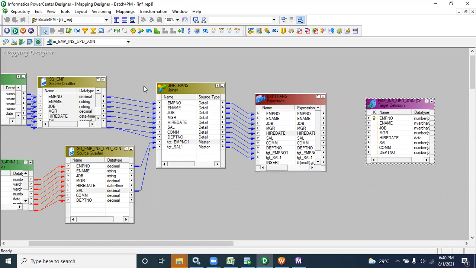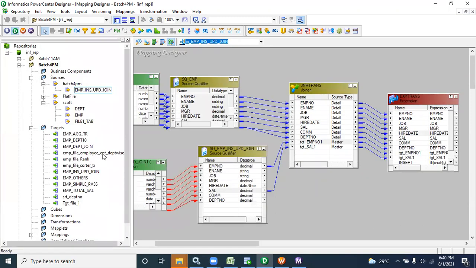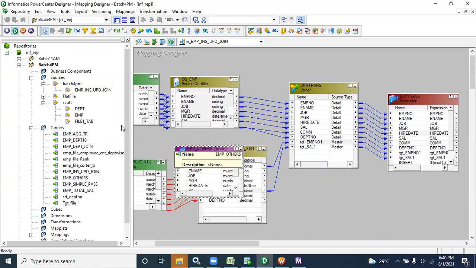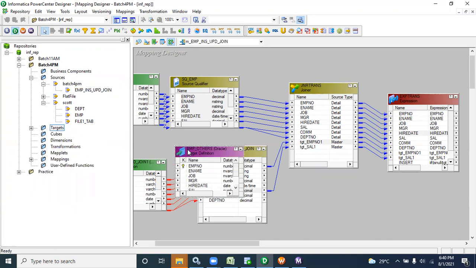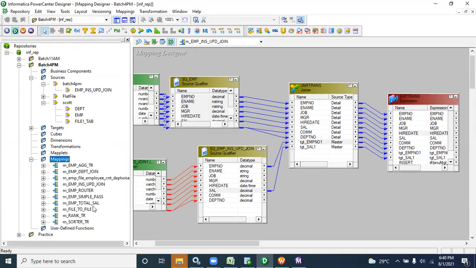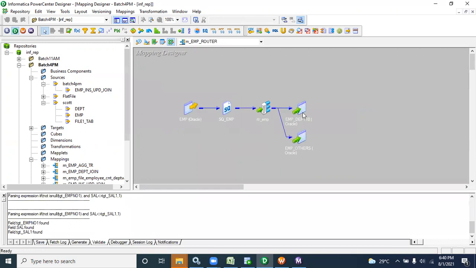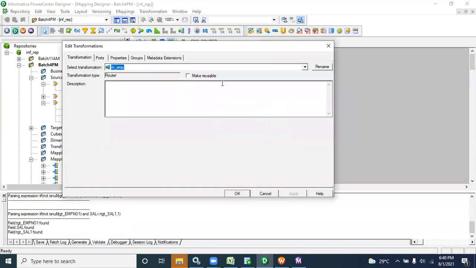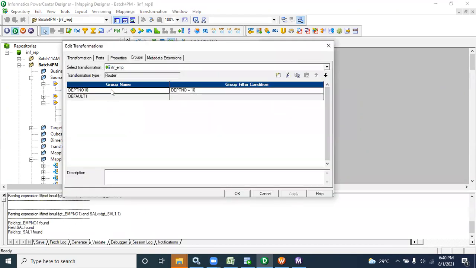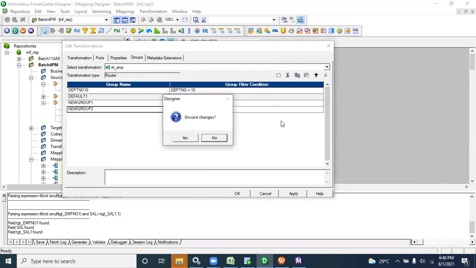Let me show you the router, maybe it will help you memorize. It will work with multiple conditions, if you remember. There is a default group, or you can also add multiple groups.